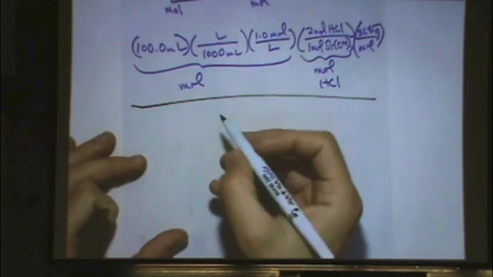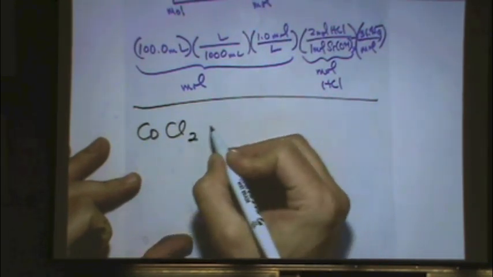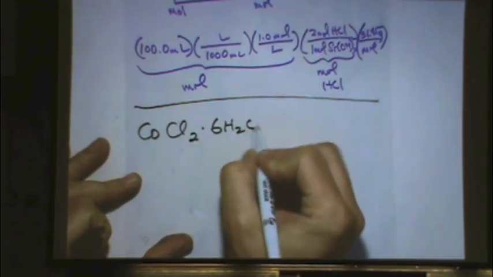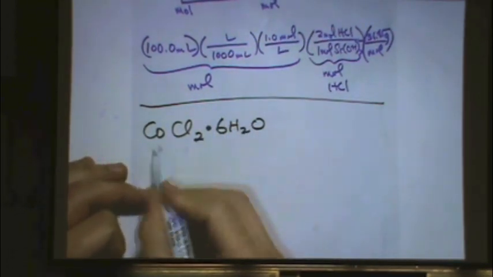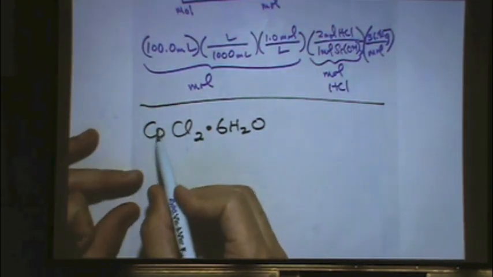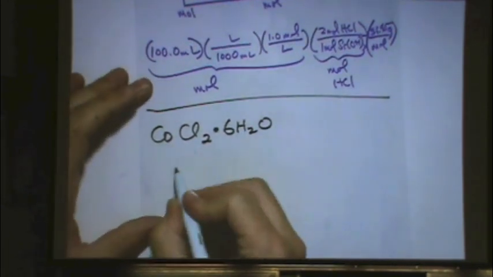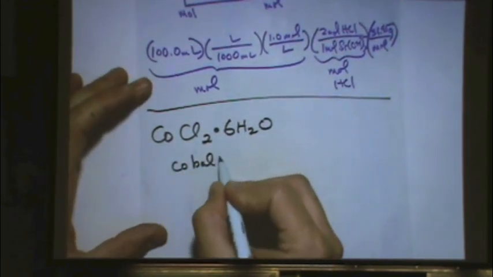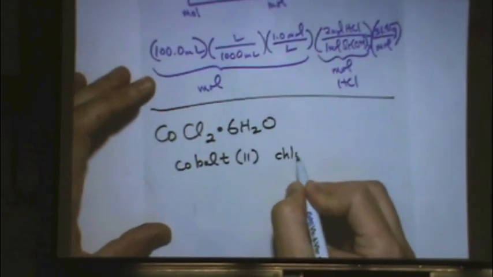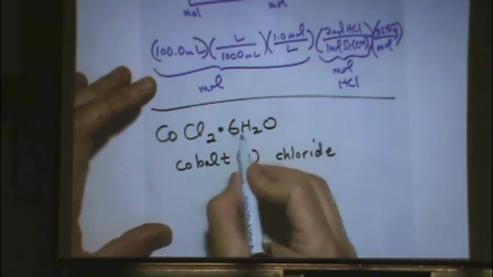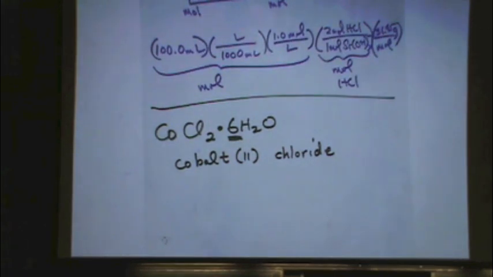Hydrates are basically just, let's say, cobalt chloride. So all of these are written with a dot in between. This means that the water is loosely bonded in some way or another to this cobalt complex. So that would be cobalt 2 chloride. And then you name this with the same prefix